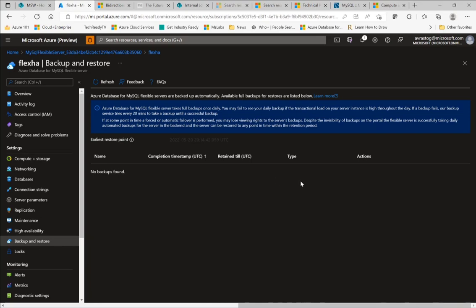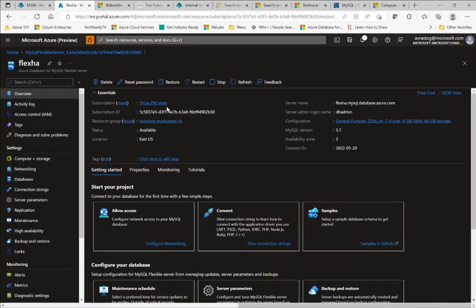You can see when each backup was completed, retained till, how long this backup will be retained based on the retention time you specify for your backups, and the type of these backups, and the action. The action is basically, you can click any of these backups to restore from it. So that's something we provide, more visibility on the backup side. And then in the overview page, you have this restore option,